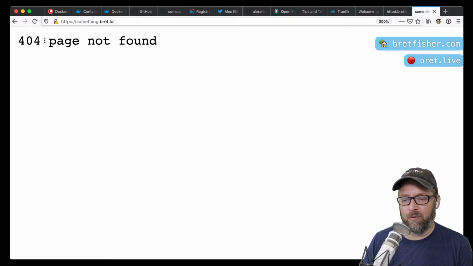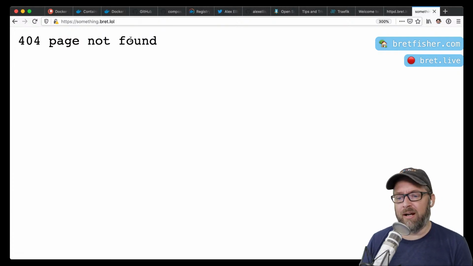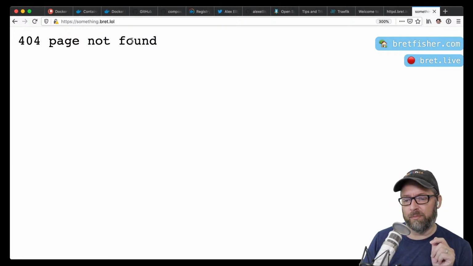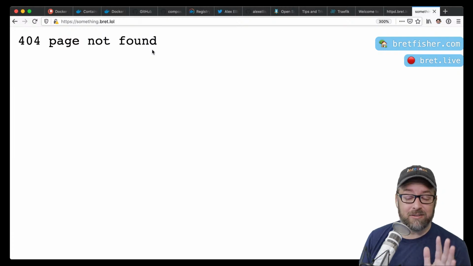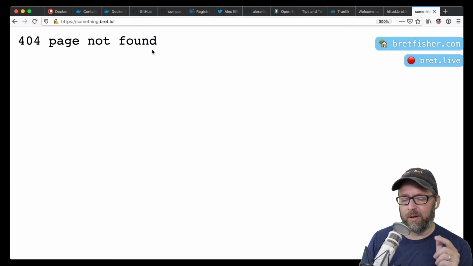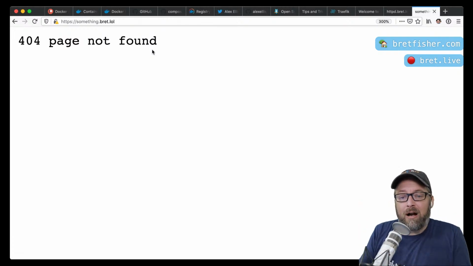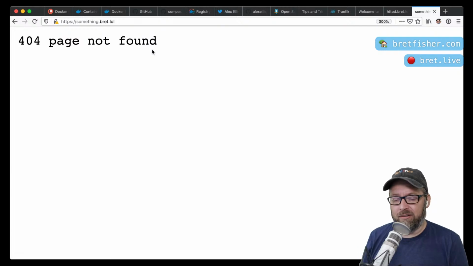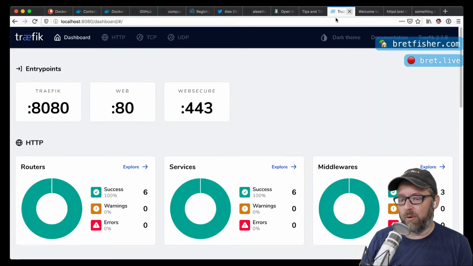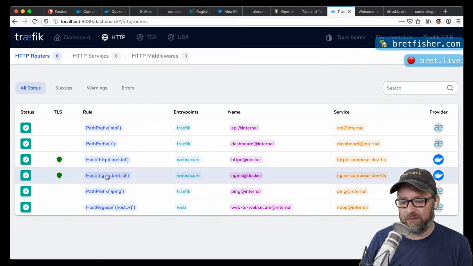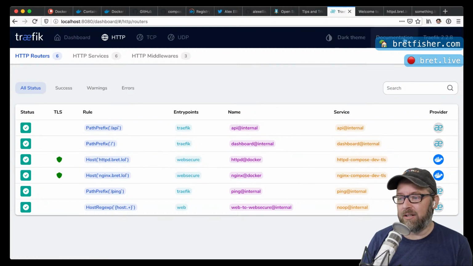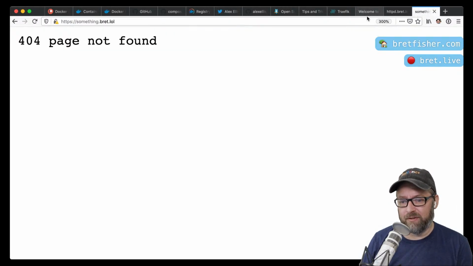One of the things I wish is that they would have a better error message there. This is more of a production error message. I would rather have, on development, and I believe you can change this in traffic, the 404 page. I actually haven't done it. But I would probably want this example over time to have a better page there, maybe like the traffic logo saying you don't have a route. Go check your routes table in your traffic configuration. Go look at your dashboard for all the HTTP routes and see if you have a name for that. Because that's how I know that something's not working correctly for that name.